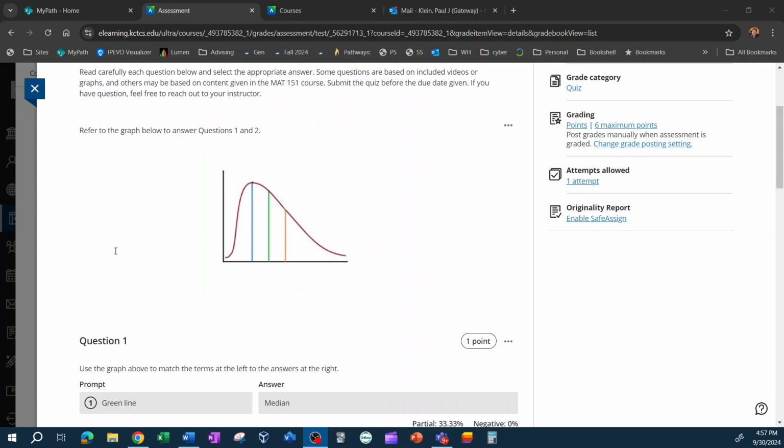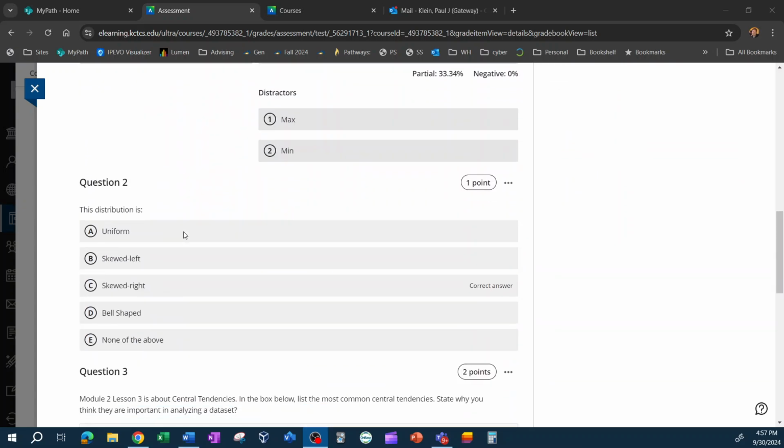And it would be the opposite in the other way, right? If it was skewed left, then the mean would be pulled left. Okay, so I wanted to go over that. And then